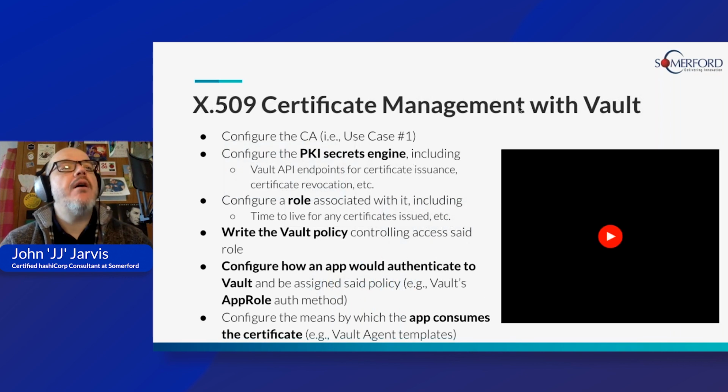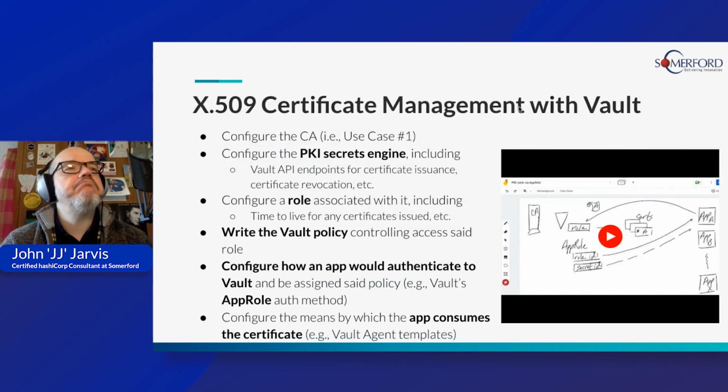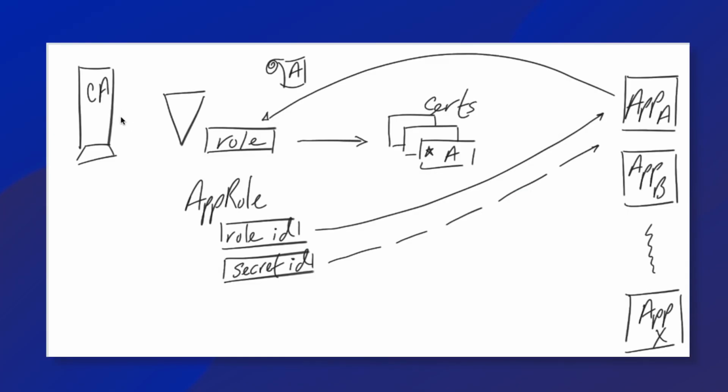Okay, so I've decided maybe it would be helpful to have a drawing associated with this process. I've got a lot of the comments for what's going to be playing now on the side. Hopefully this makes sense. So we've talked a bit about the first use case, setting up a certificate authority, either